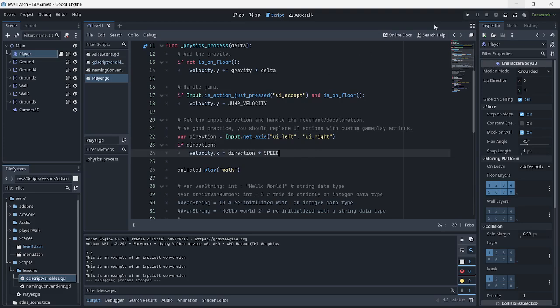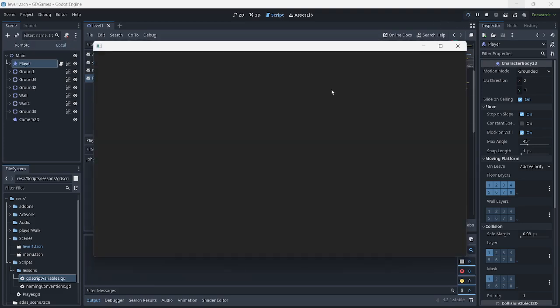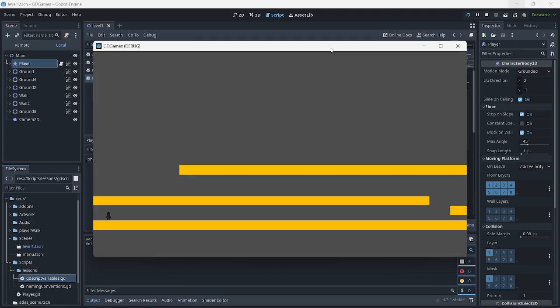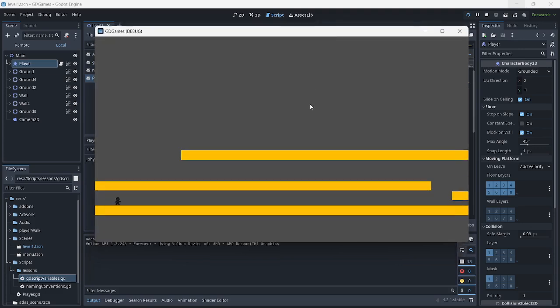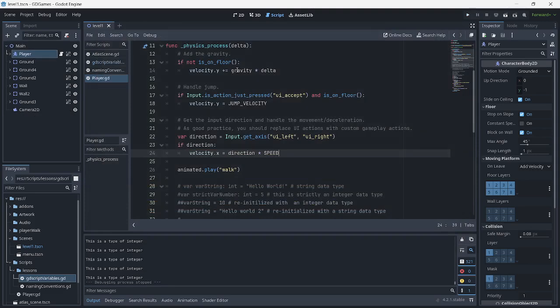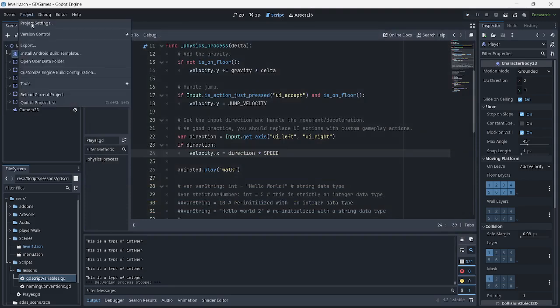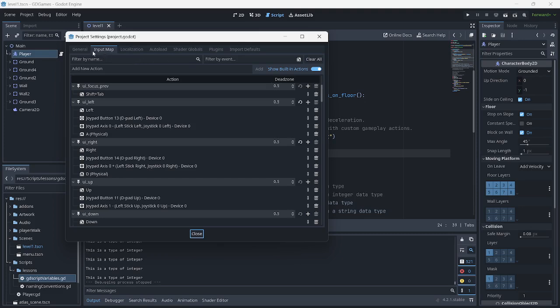Right now, if I play this, you will see I'm using the arrow keys for left and right, but I'm not able to use the common WASD. If we wanted to set that up, we can go to project settings and input map. In here, you would see that we have UI left, or user input, not user interface.